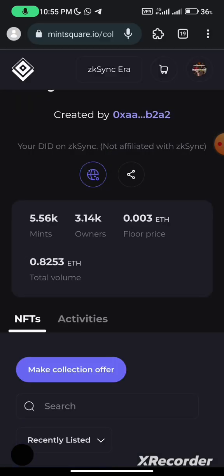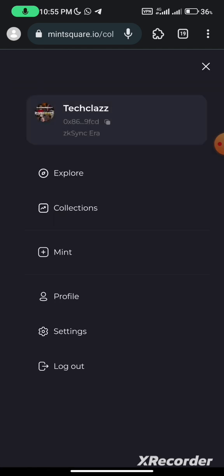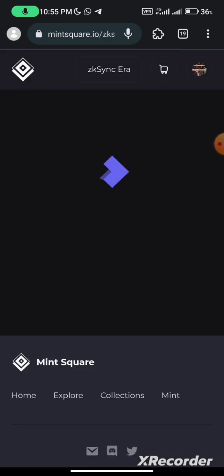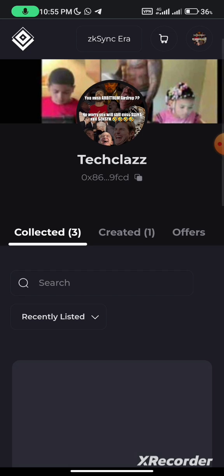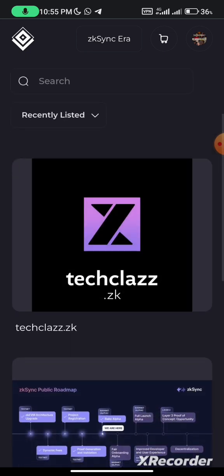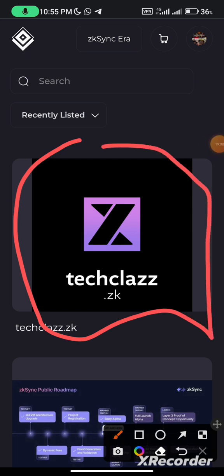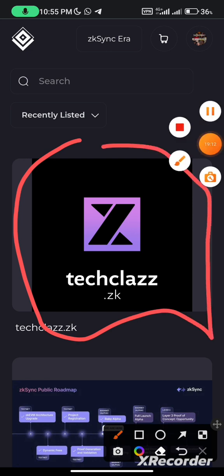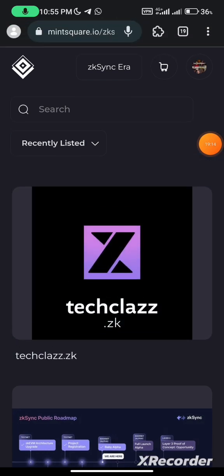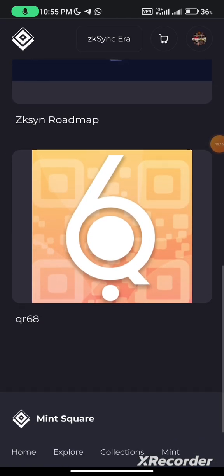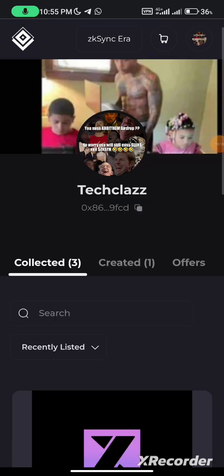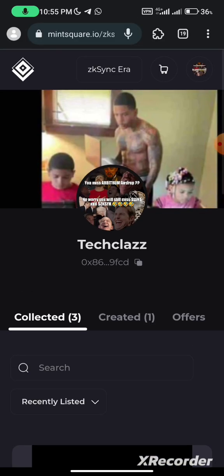If you come to this and you enter your profile, you see the name that you just minted right now. You see it here? Here it is. You can sell it now if you want. You can hold it. You can do whatever you want. It is your own now. It is yours. So now that we have tested this and interacted with this,